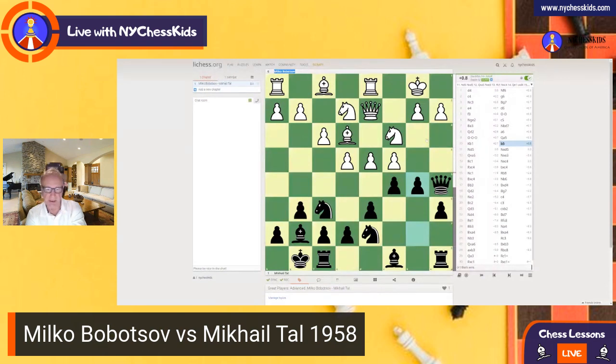So what happened here is that Mr. Bobotsov played a move knight e5, and you see you have this attack on the queen. And guess what? Mikhail Tal is like, oh, I'm sorry, I didn't see my queen is hanging, so he just captured here on d5. And then when he figured out that he lost the queen, he's like, okay, I'll take on e3 too. So let's see what happens. Well, he captured two pieces for the queen.